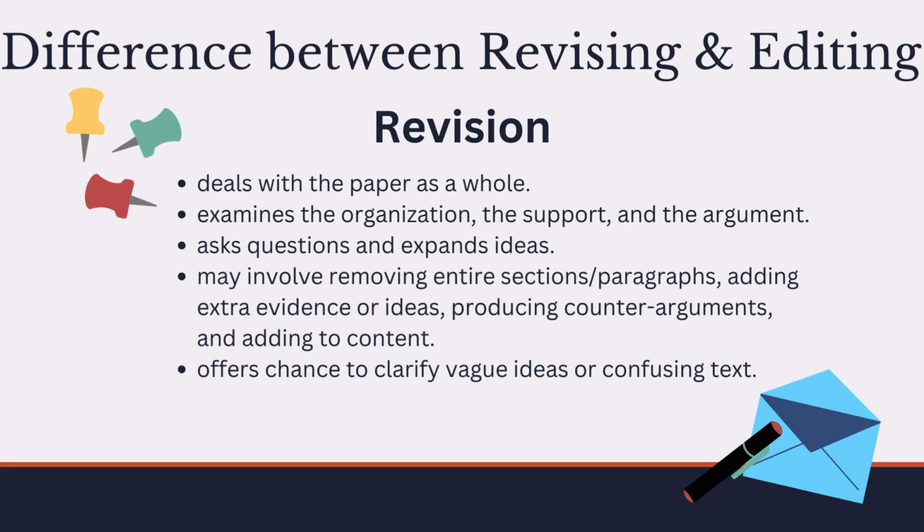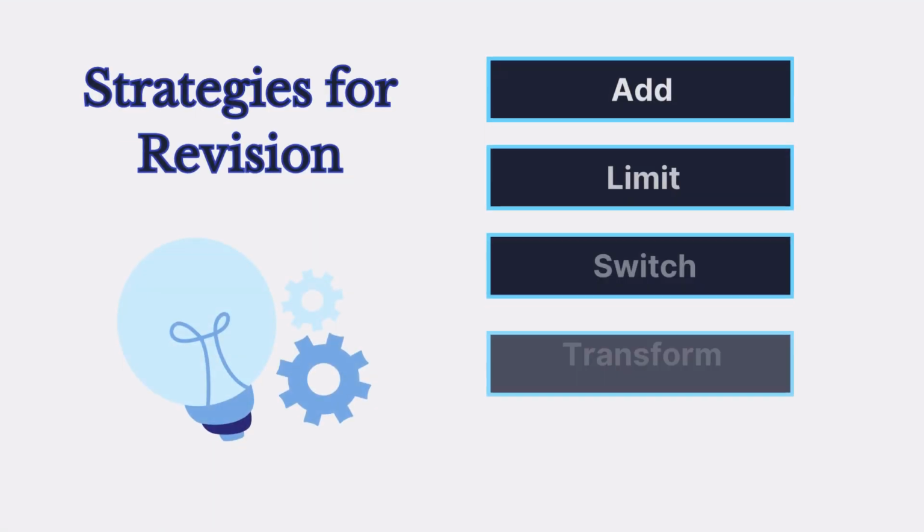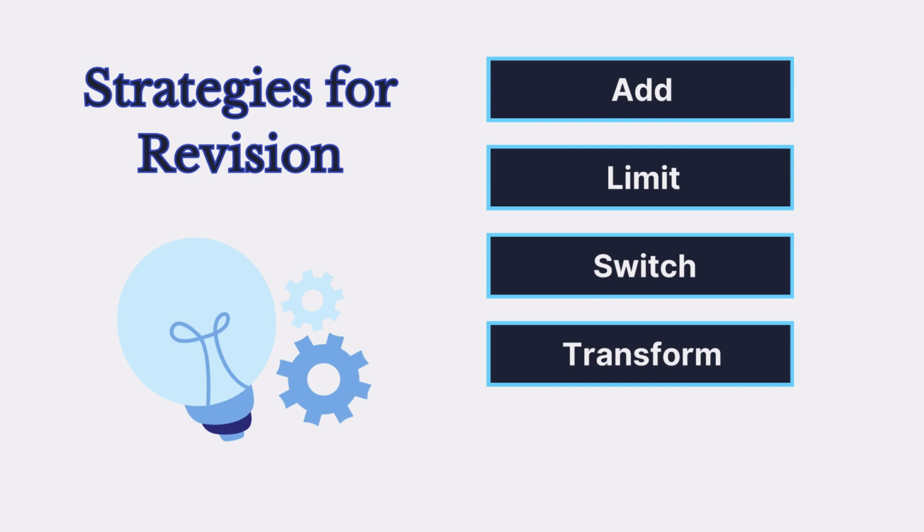You're revising papers. So you need to take it and look at each thing and make revision changes for your paper. So that can be a big task, because how do you make big revisions to a paper that you've already written? So there are 4 ways that you can look at it. You can add things, you can limit things, you can switch things, or you can transform things. So I'm going to go through each one of those with you and help you a little bit with knowing what are some options and maybe some ideas for revision for you.